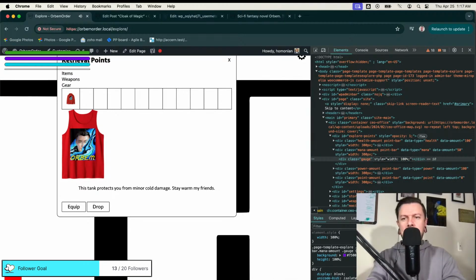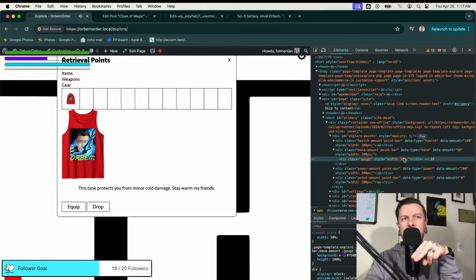So I use the data amount to determine what the width of the gauge should be. So now I'm trying to think, maybe I don't do that. Maybe I disassociate the data amount with the width.